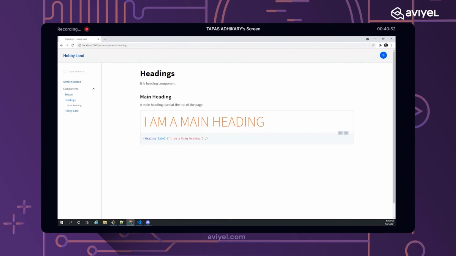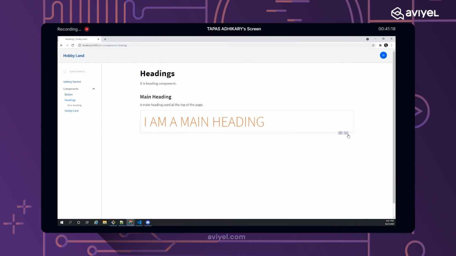So what are the aspects of playground? I'm already seeing how this particular component is going to render, if I'm using it elsewhere. This is the code snippet that is making it render this way. If I click on this, it just copied this particular snippet. I can paste it somewhere. If I don't want to see the code, I just hide it. Simple, but very powerful. So this is a simple usage of MDX where I am able to bring one component